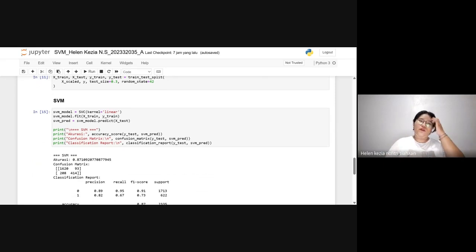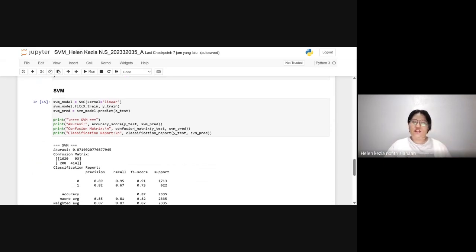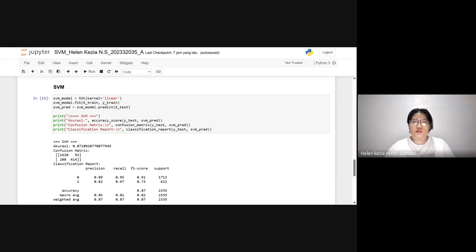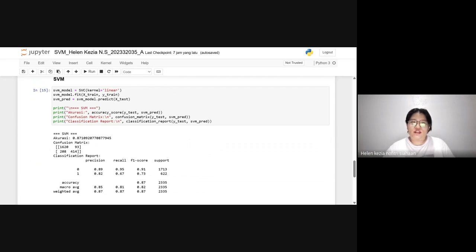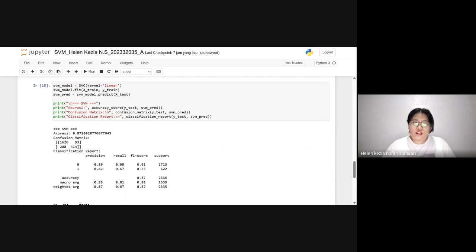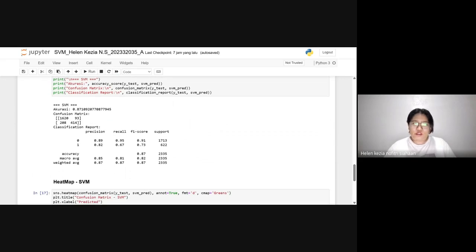And then we can build the SVM model. For the SVM model here, we're using SVC with kernel linear. For the model fit, we're using X_train and y_train. And svm_pred uses svm_model.predict on X_test. You can see the printout here. The confusion matrix is here.